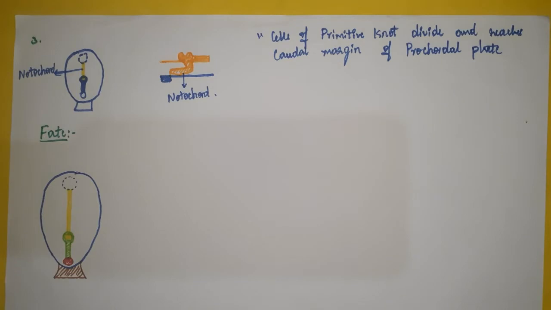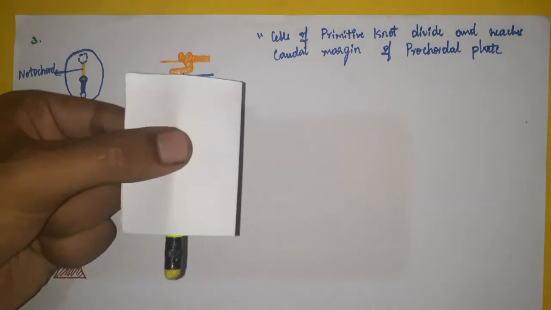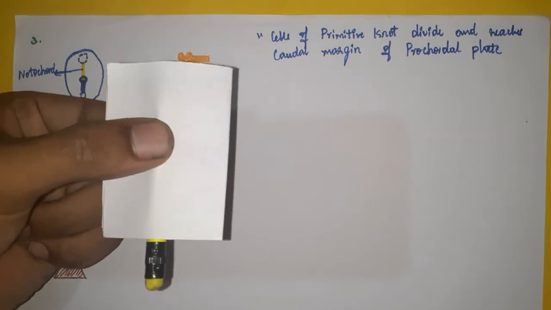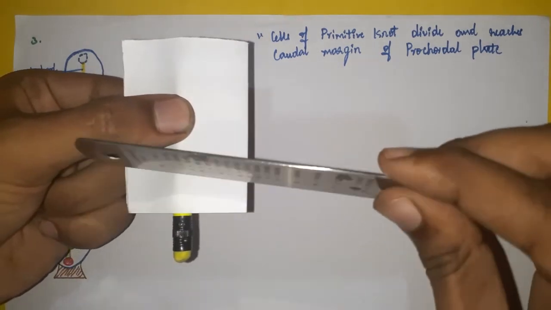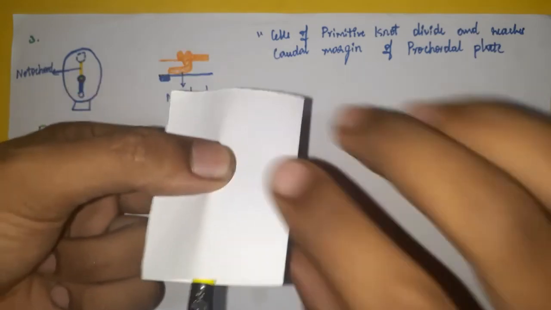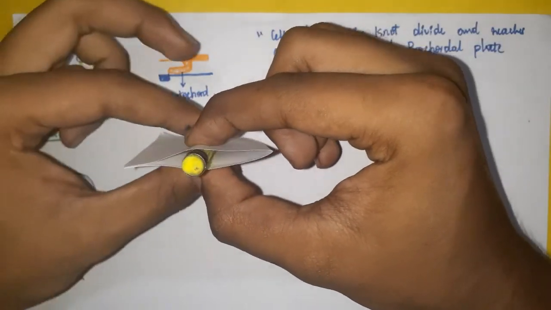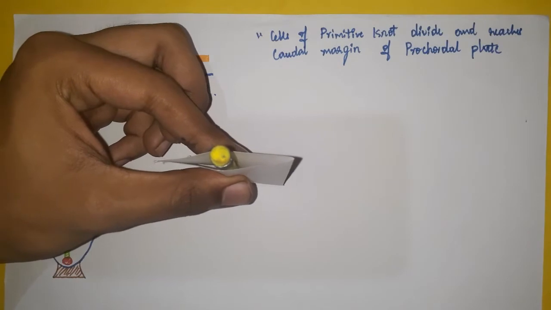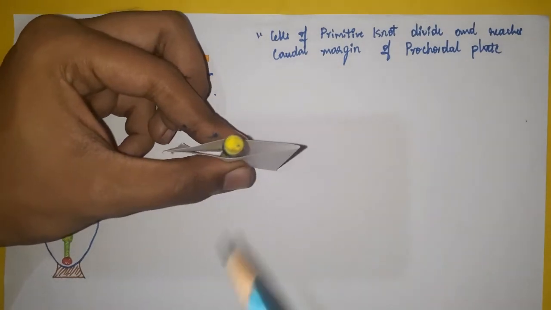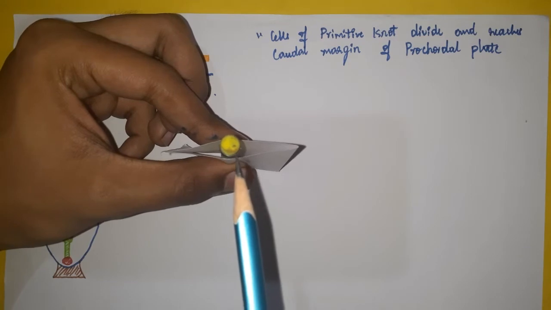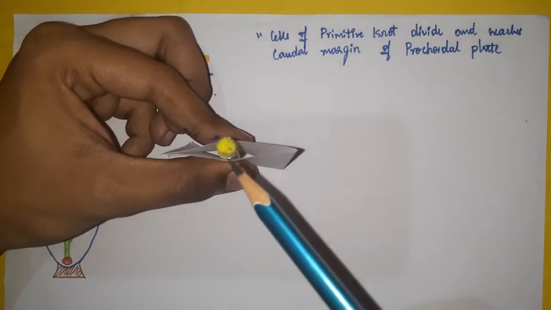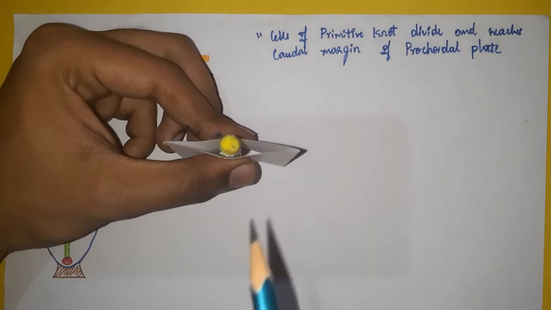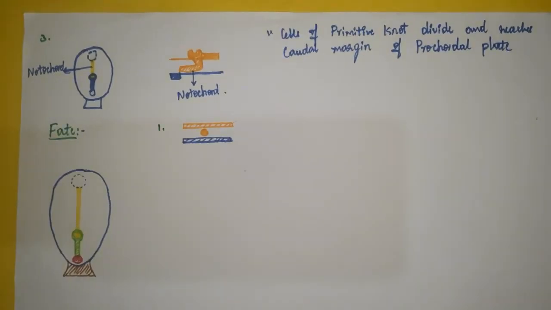Fate of notochord. Now finally notochord is formed, as I discussed previously. What happens to this formed notochord? Fate, we call it. See, this is the embryonic disc, assume. Now I will take a section in this plane. I will cut like this and see here like this. What we are going to study is what happens in this view. This is the notochord already formed, and what happens to this notochord we will study in this section. This is how newly formed notochord looks in this section.